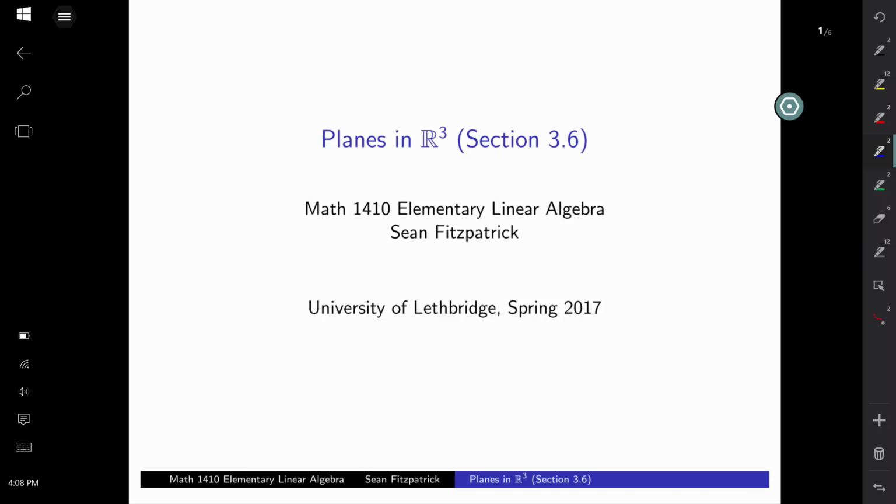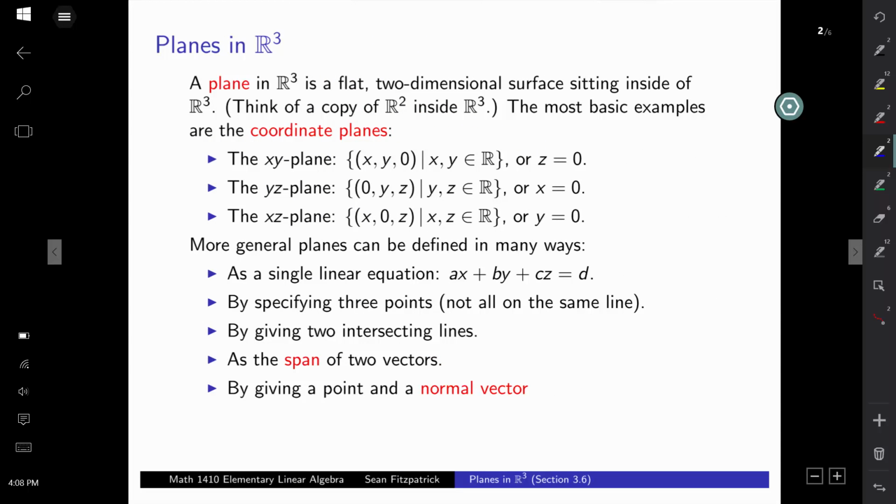Alright, so next up in our material for Math 1410, we move on from lines in 3 dimensions to planes in 3 dimensions. So we have a rough, intuitive idea of what a plane is, right? It's sort of a flat, level surface. We're used to talking about the coordinate planes, for example. In 3-dimensional space, if we draw our coordinate system out,